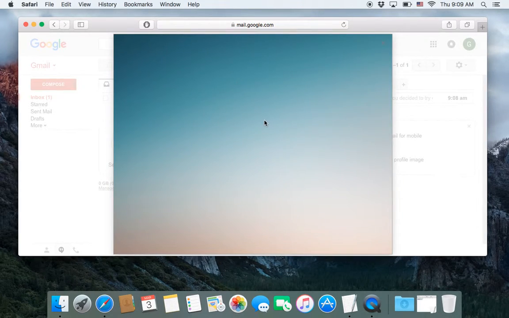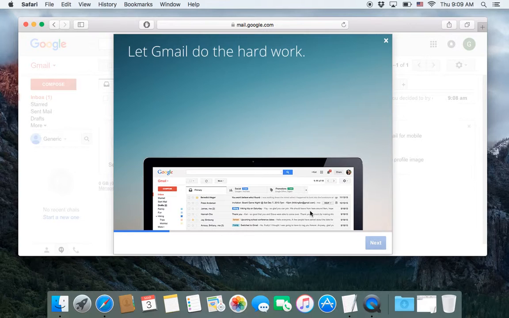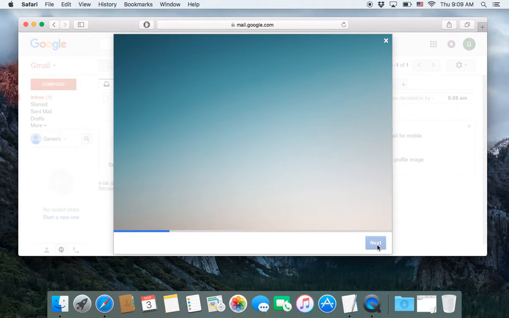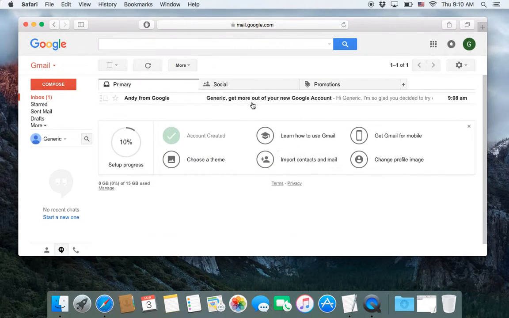It'll log you in, and then you get this nice welcome to Gmail generic because it thinks my first name is generic. So if you want, you can go through this tutorial that kind of teaches you the first like 4 or 5 things about Gmail. I'm not going to do it because I'm pretty much showing you most of this stuff anyway. So I'm just going to exit out of that,